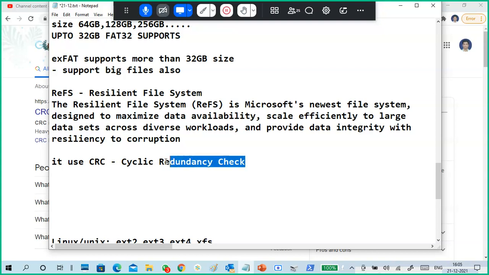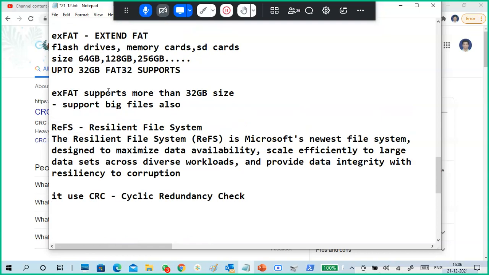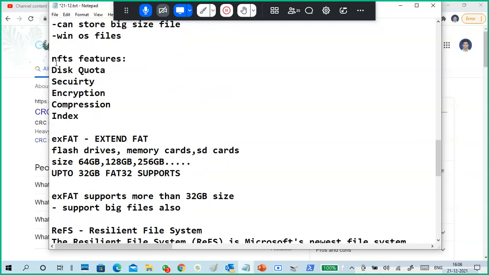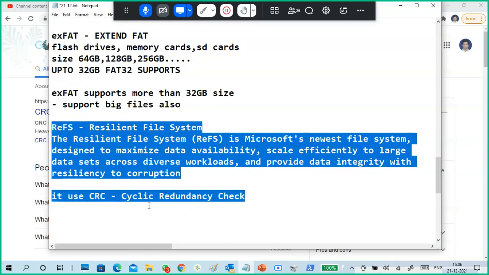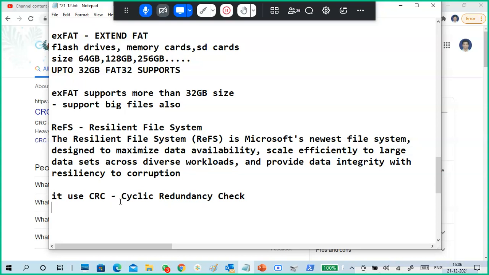So what is the advantage of this one? CRC is nothing but an algorithm, and using this algorithm it protects the data from getting corrupted. That is ReFS. ReFS does not have NTFS features, but usually in organizations we don't require the NTFS features, but we compulsorily have to protect our data from corruption, not from access.